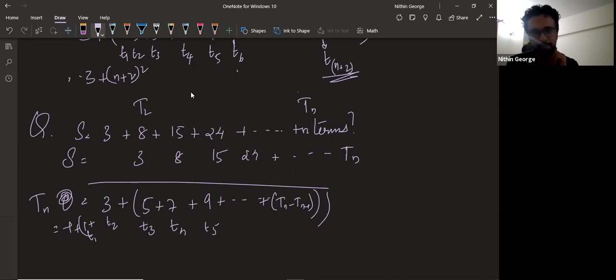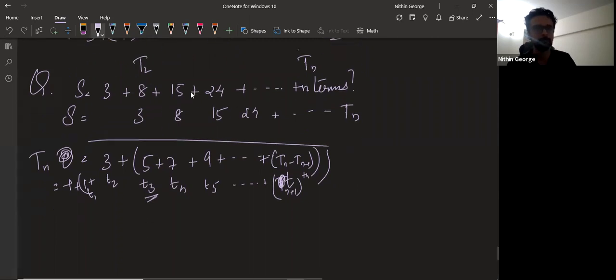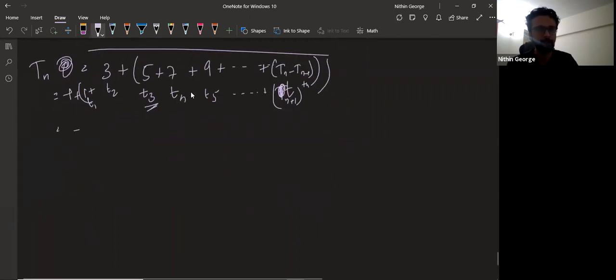Now this one will become the nth term. So that will come out to the n plus 1th term, right? And then small t, n plus 1th term. T3 is 5, which you get from T2. So Tn will give me Tn plus 1th term. Okay, so this is an AP. And this is an AP of what numbers? Odd numbers. 1, 3, 5, 7. So you know that their sum, n plus 1 odd numbers are there, is n plus 1 square.